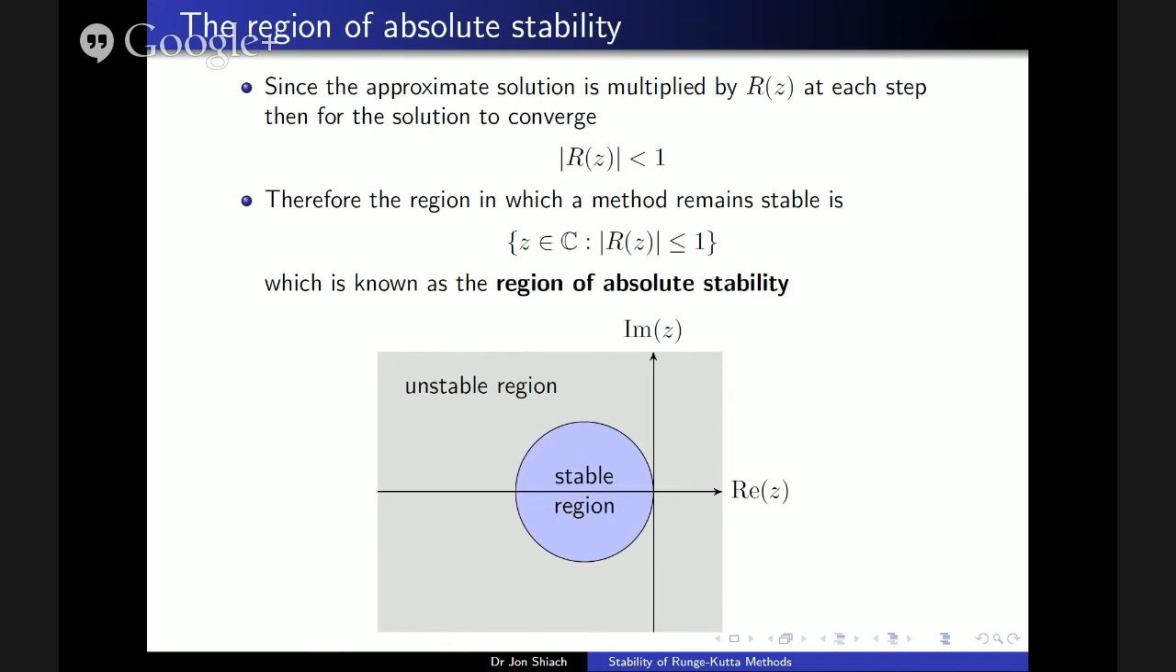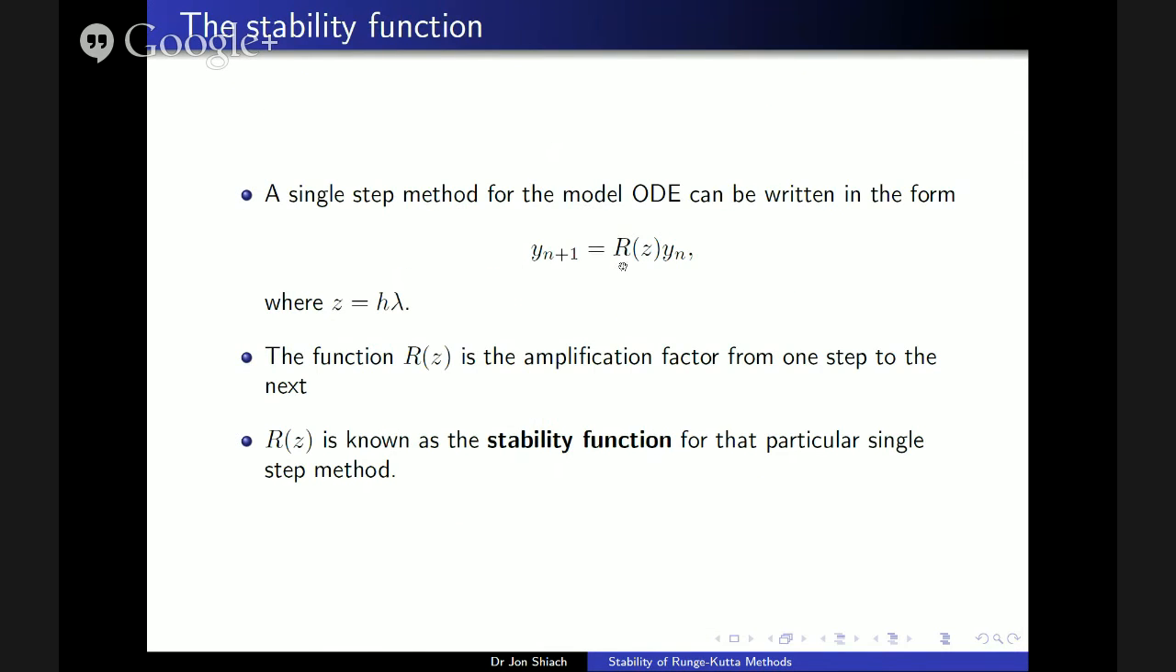I mentioned I'm going to be looking at two types of stability. The first one is region of absolute stability. You may have heard Lida mention this. Essentially, we want the modulus of our R(z) function to be always less than 1, or less than or equal to 1. Well, if I go back a slide now, if R(z) is greater than 1,